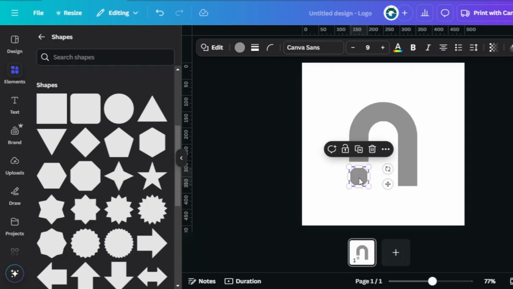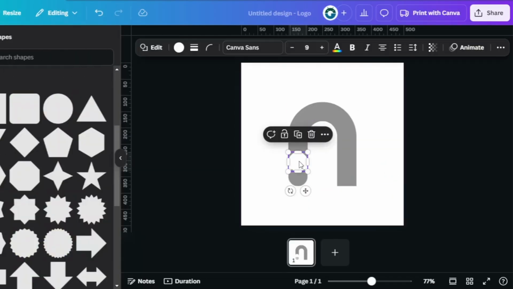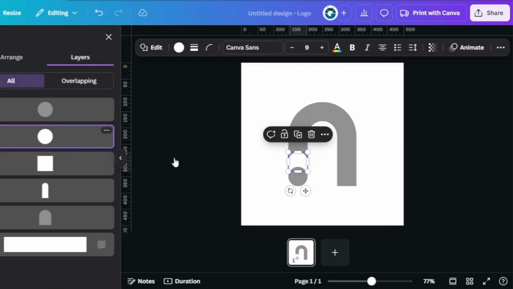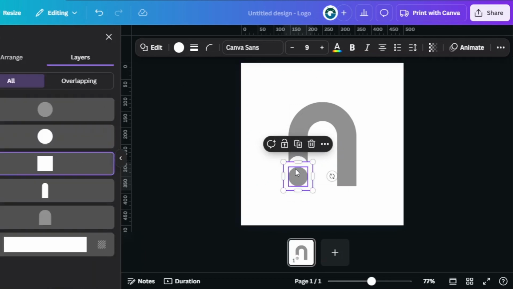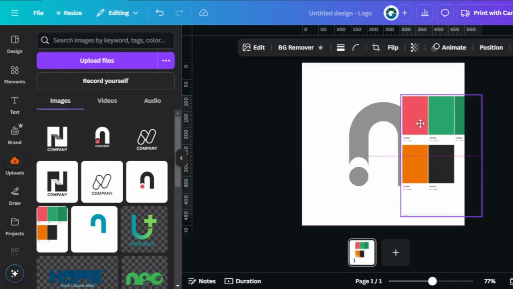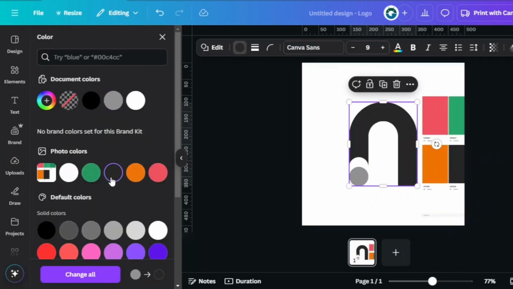Step 7. To create the curved effect on the N leg, duplicate the circle, change its color to white, and place it accordingly. Step 8. Adjust the colors. Try a black and gold combo for a luxurious feel, or blue and white for a modern look.